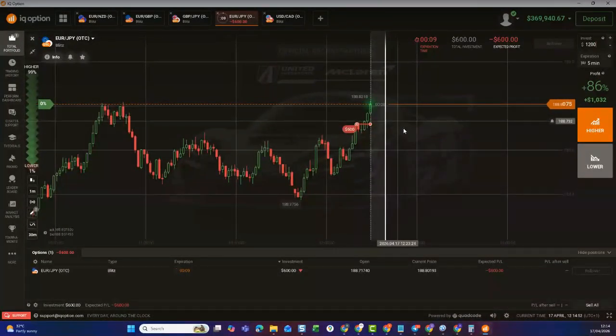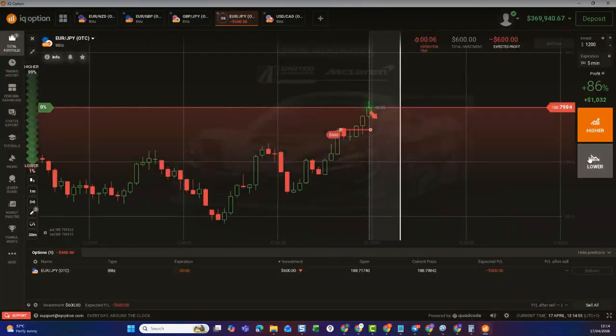The next thing I have here is I'm going to do my first martingale level now in